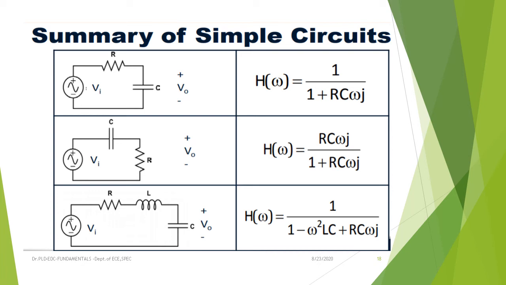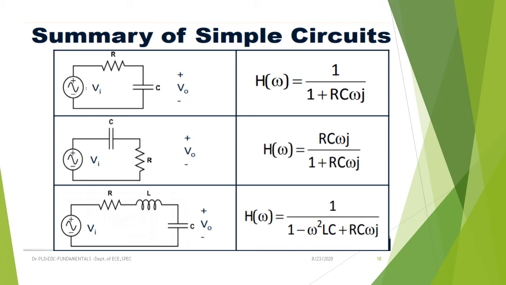Okay, in these three component equations, the drop across the resistor plus the drop across the inductor plus the drop across the capacitor is equivalent to the input voltage VI. By applying KVL we have written this equation. Then simplify this equation and evaluate by applying the above formulas. And what is the transfer function?